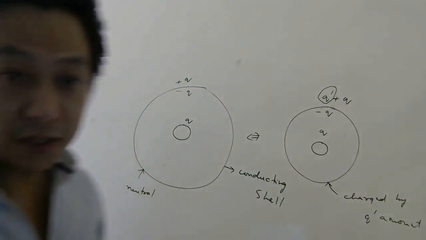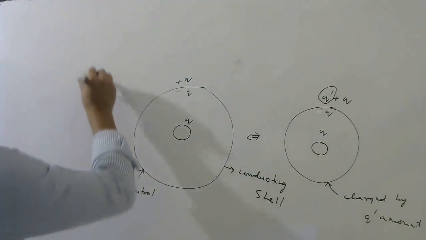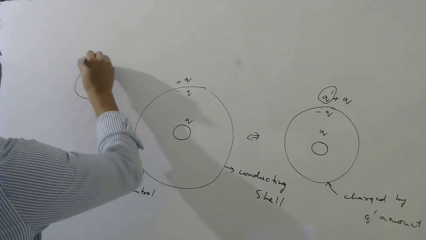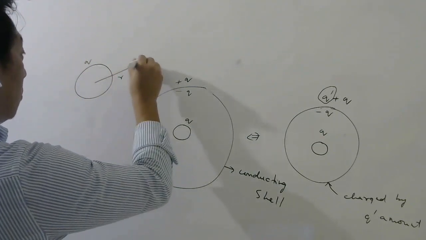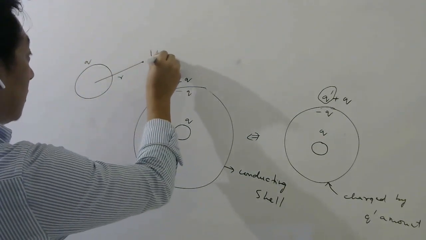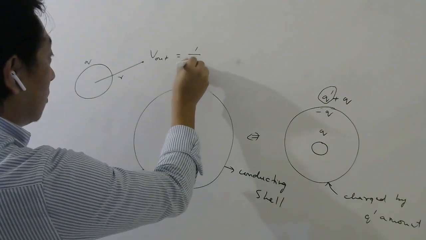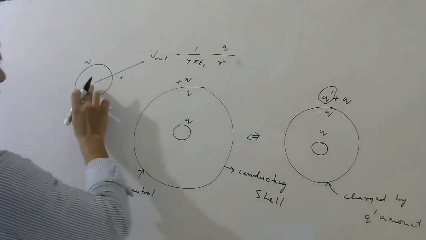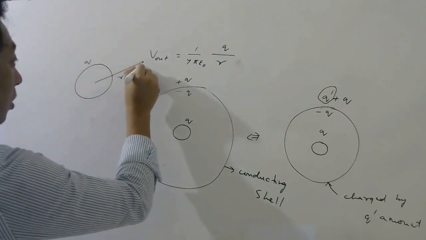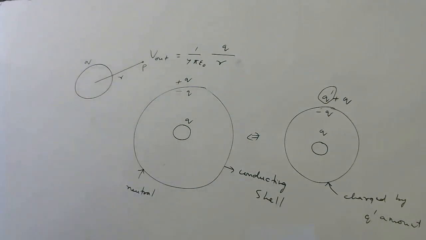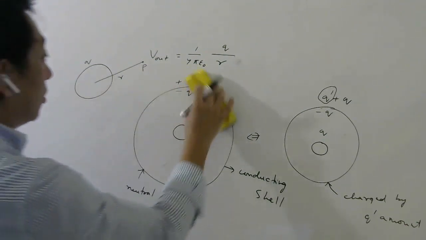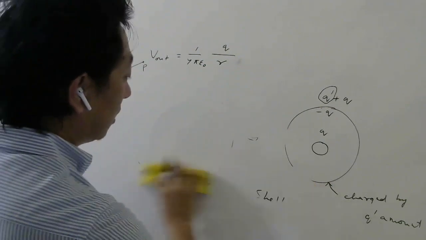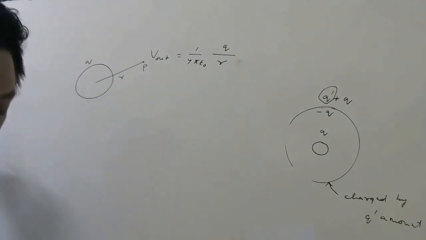So this we discussed yesterday, and then we also know that for a conducting shell with charge Q, if I want to know the potential outside, then it is 1 by 4 pi epsilon naught Q divided by r. What is r? From the center of the shell to the observation point. Observation point means that point where we want potential. Today we will do some problems based on this formula, so I want to revise it for you.